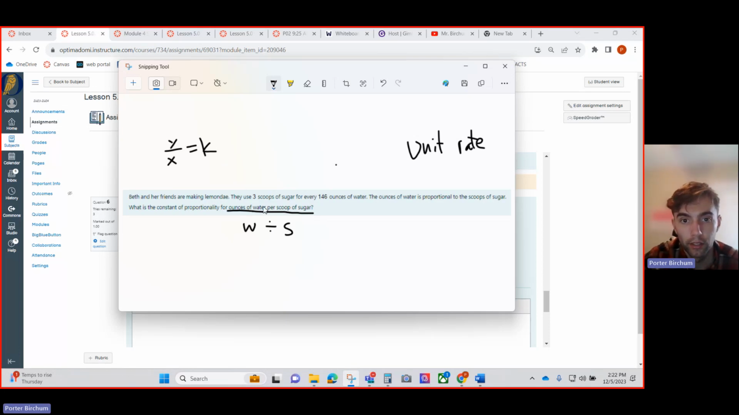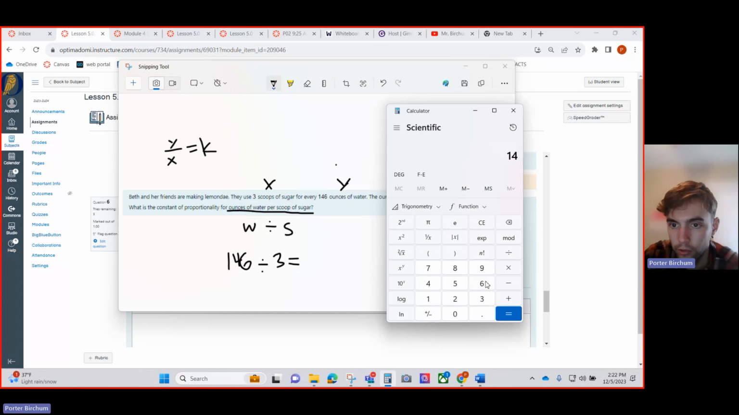So water is our y value, and sugar is our x value. Water's first, sugar's second, in what the question's asking for. So when we use numbers, our water number, 146, comes first, and our sugar number, 3, comes second. And that will give us our constant of proportionality, 146 divided by 3,